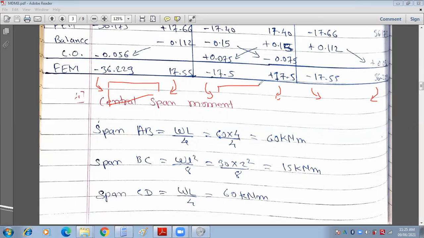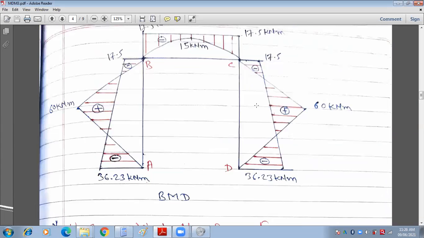And here, this one is the rectangle, sorry. And here, this value is 17, this value is 36. It will be like this one. And these fixed end moments we have to overlap over this center span moment. Now look here, before overlapping, we have to make the mirror image of these terms, and we have to overlap this. Okay, I will not be showing over here, I will show over here.